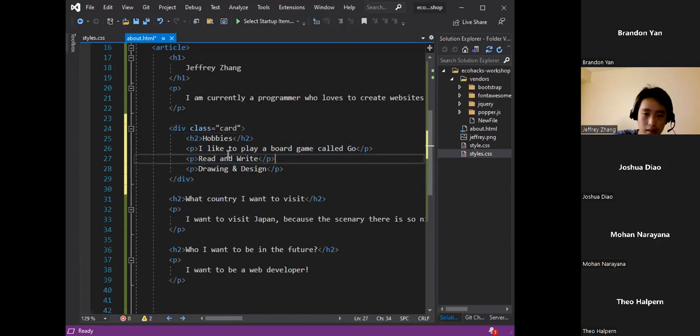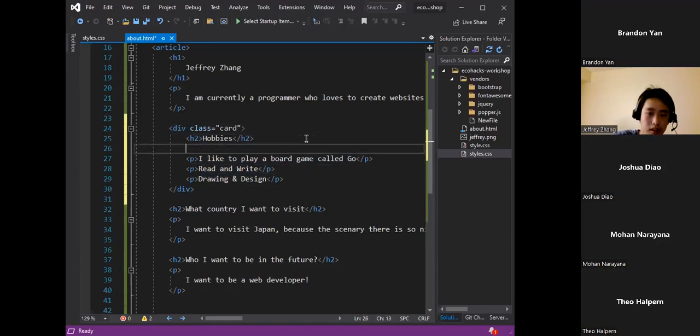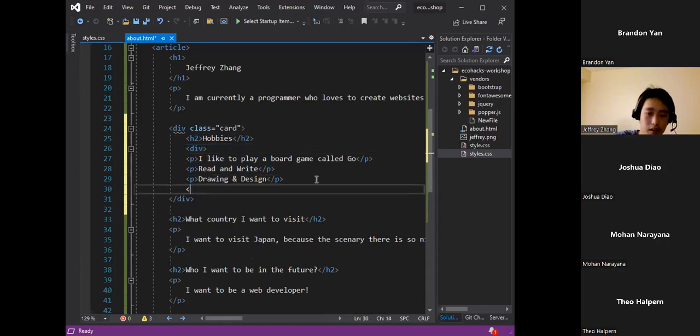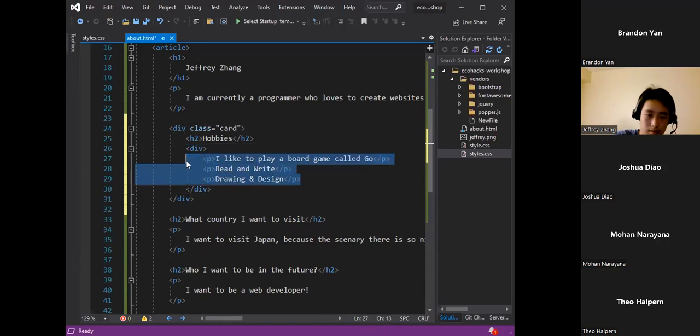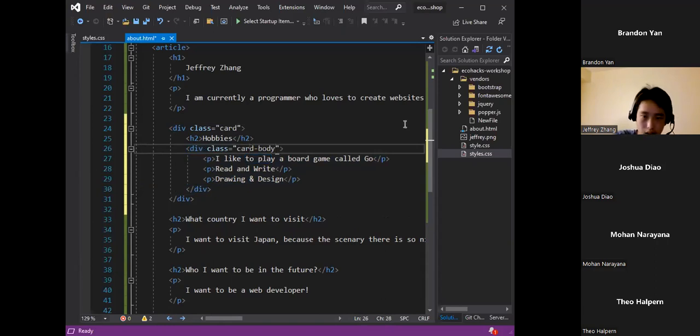And for the hobbies, I add another div around it and have a modifier called card body. And for this, I think I can just remove this and have a class called card title. So just by having this,